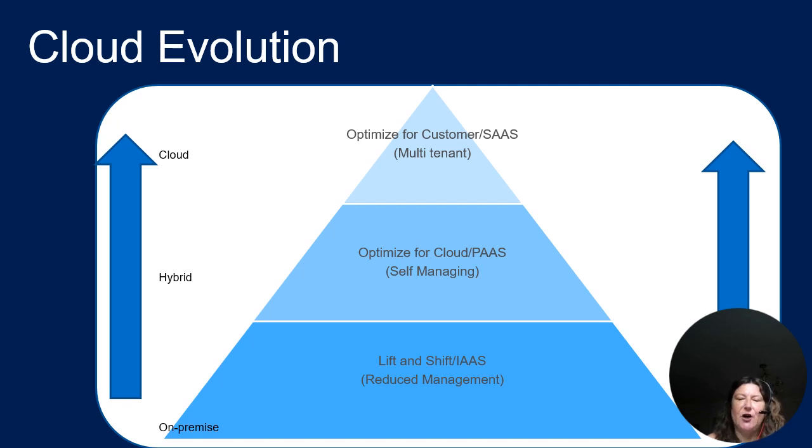So the next stage was optimized for cloud, which pretty much involves some kind of serverless, platform as a service, that kind of thing going on. And in this situation, you're taking a lot of advantage of cloud services, which can be self-managing, so that you don't have to worry about the infrastructure at all, because the cloud platform looks after the infrastructure for you. So in this case, we're talking about things like serverless code provisioning. So for example, App Service or App Engine, Elastic Beanstalk, and then higher up from that is things like Cloud Run on Google Cloud,